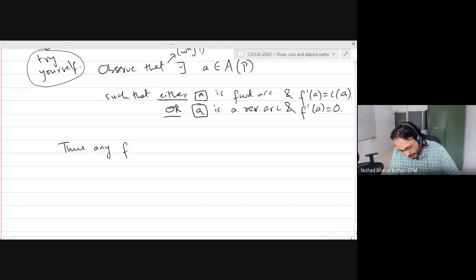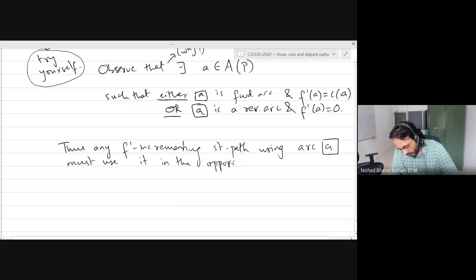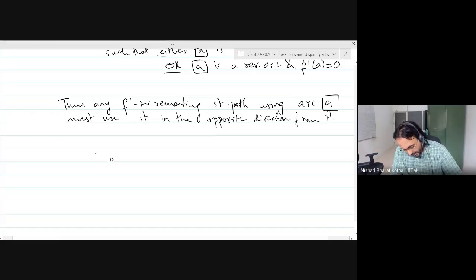So the claim is that any F prime incrementing st path using the arc A must use it in the opposite direction from P. What I mean is that if in the path P, the arc A was being used from U to V,